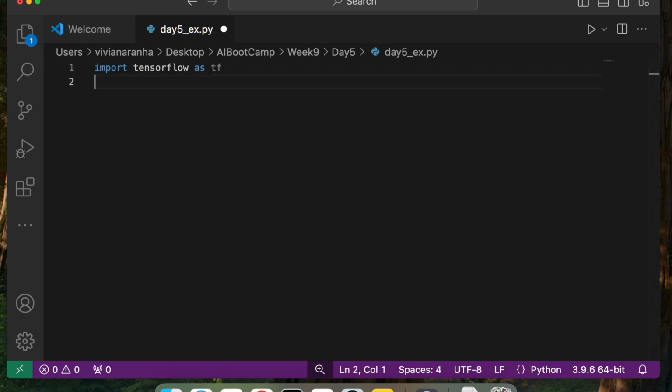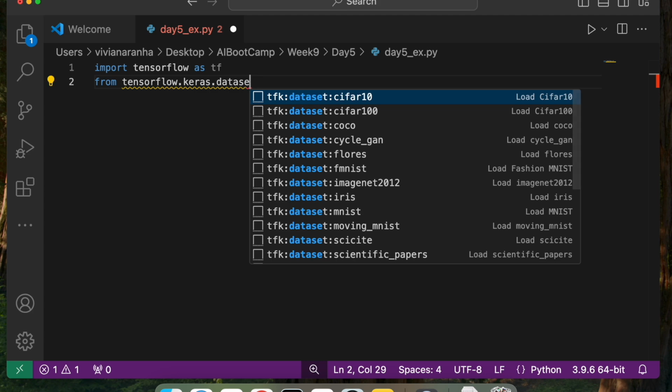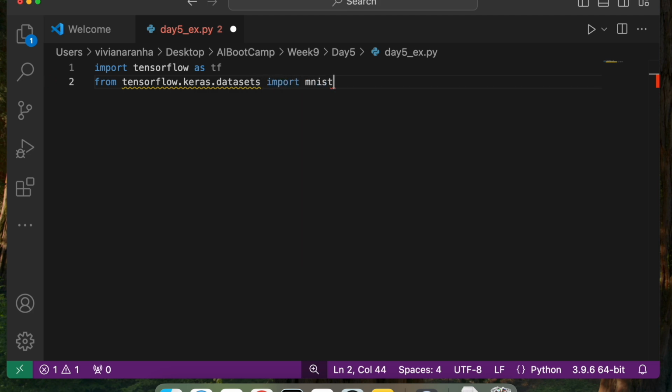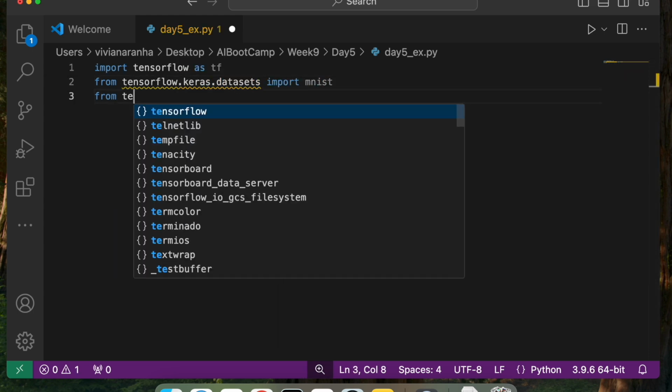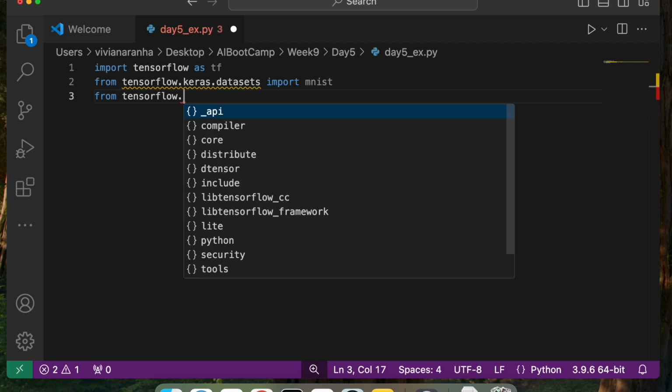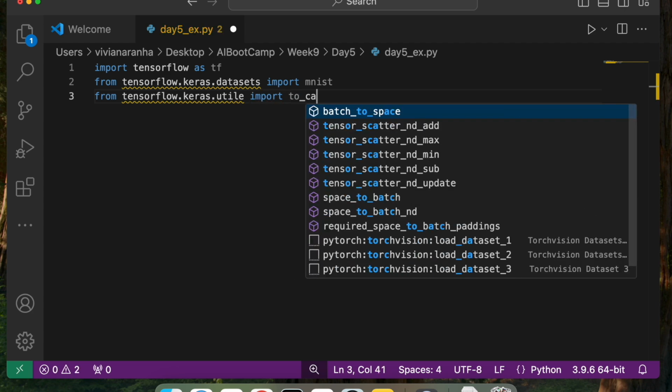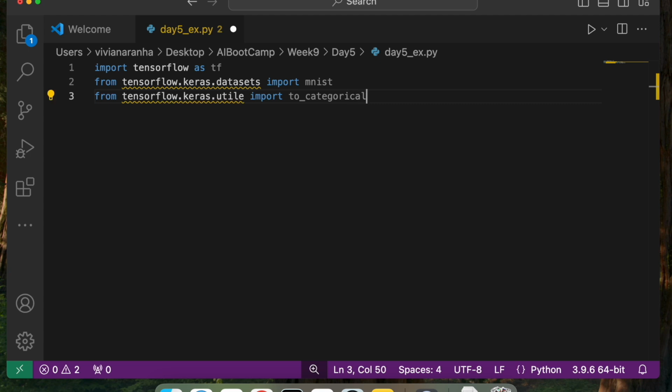Next, I am going to take from tensorflow.keras.datasets, I am going to import the mnist dataset. Next, I am going to go from tensorflow.keras.utils, I am going to import to_categorical. So these are the libraries that I need.